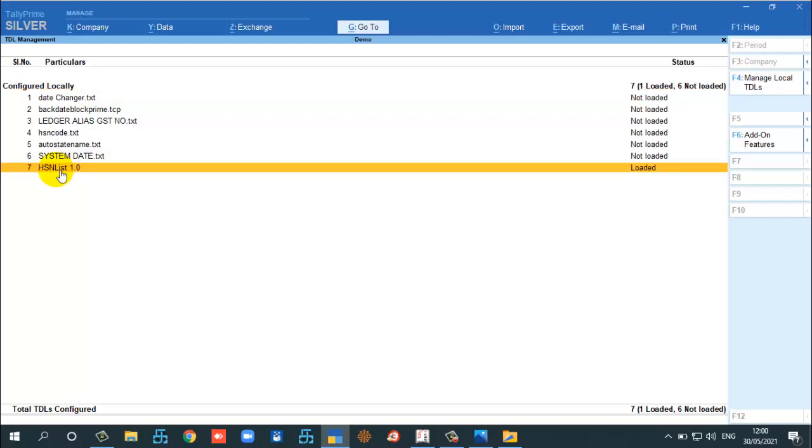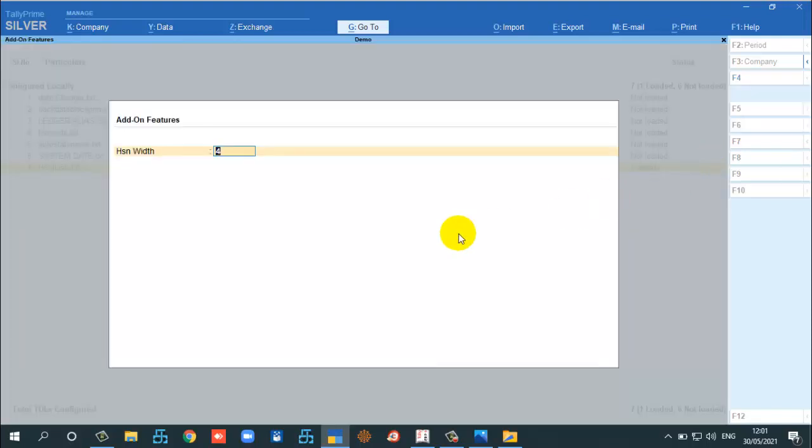See here, the HSN list I have loaded. So first you have to load this one, and next we have to choose whether it is 4 digit or 6 digit. Just by clicking F6 here, we can have 6 digit or 4 digit. Okay, I am keeping it as 4 digit.